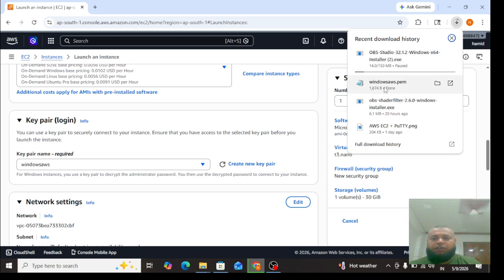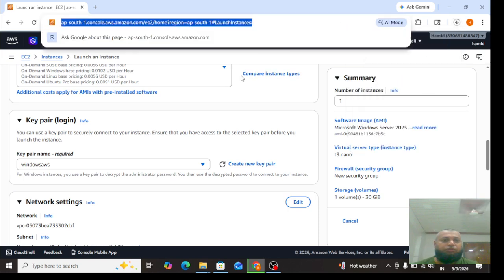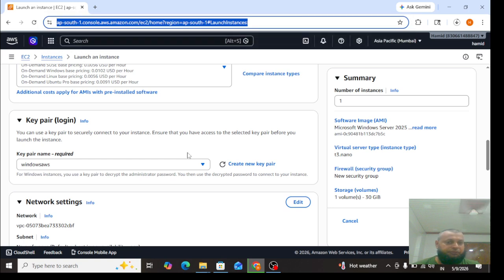See, the Windows AWS key just now got generated, right? Okay, so this got generated. Now what do we do? The next important thing,